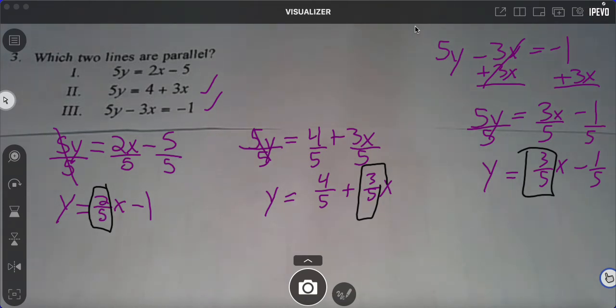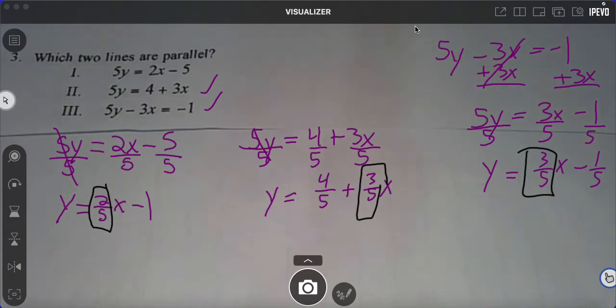Y'all, to solve for y, pay attention, this goes back to Algebra 1, solving an equation. We don't really do that a whole lot in here because we're more in geometry. But this is probably the closest thing we'll do to Algebra 1 all year. So those of you that hated algebra,